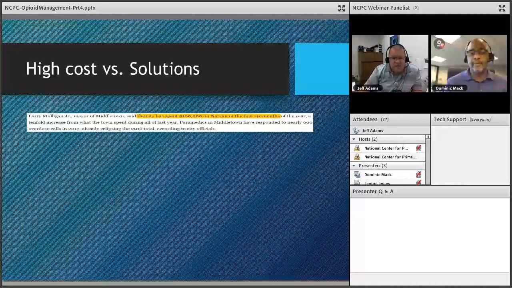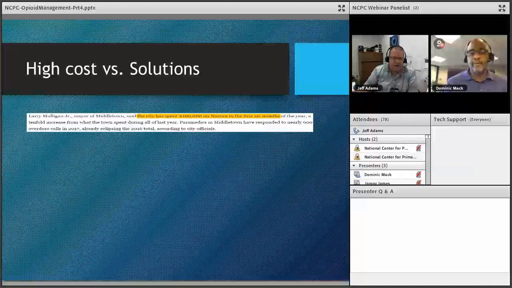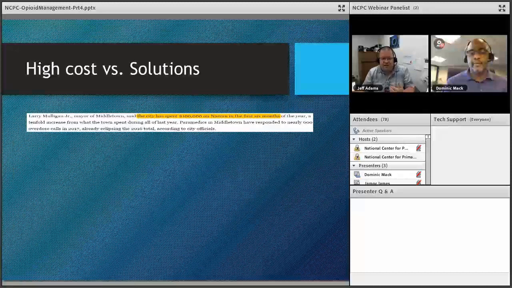So cost-wise, what are we looking at? Well, Middletown, Ohio, which sits just south of the Montgomery County line, they butt up to it, but it's that same area. Just in the first 6 months, I spent $100,000 just on Narcan. When you add in the resources and supplies, everything from the bag, the needles, all that stuff, plus the manpower put towards it, they're pushing close to $1 million to $2 million a year. They're adding into this